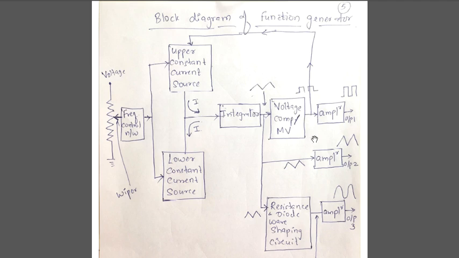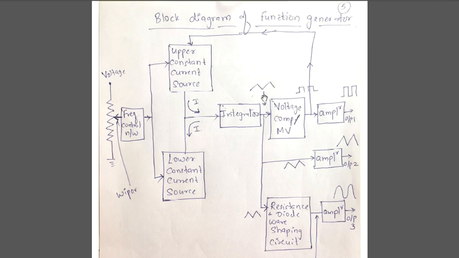When the voltage at the output of the comparator goes low, this will get disconnected, this will get connected, the capacitor discharges, you get a descending slope, this again goes high, and the same cycle keeps on repeating itself, which means that at the output of the integrator, you continuously keep on getting an ascending slope, descending slope, ascending slope, and a descending slope, which means that this in all forms a triangular waveform.